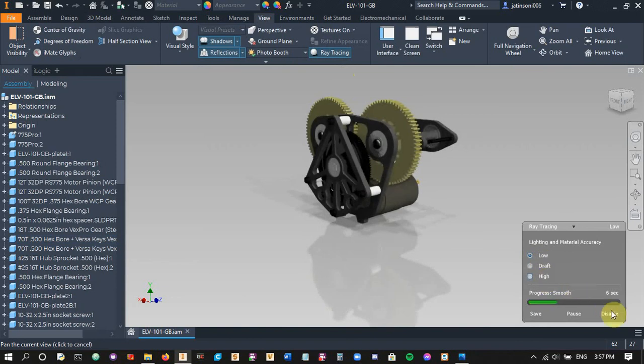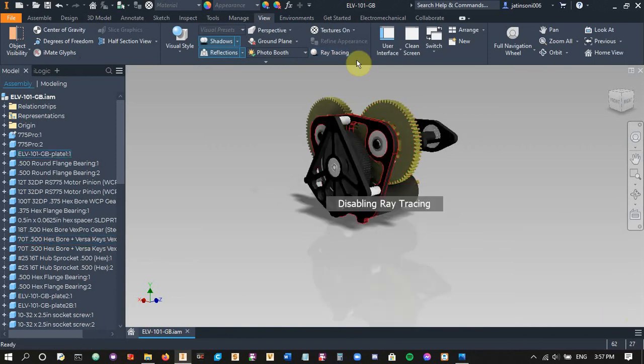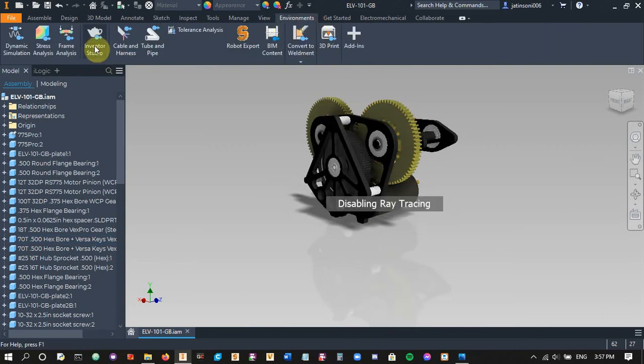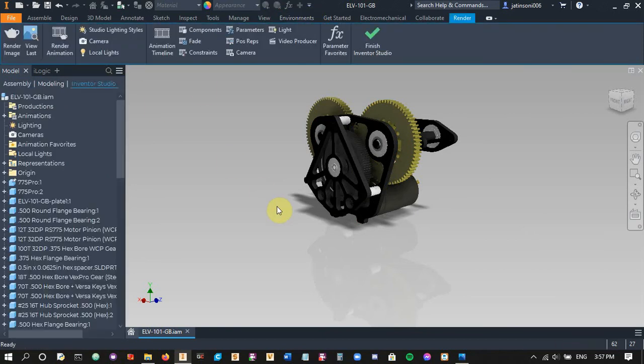You can go high and have a really high quality, but it takes a while. And then this final one, Inventor Studio, going to environments, is the version that takes the most computational time. It takes a toll on your CPU and if you have a GPU, but it does result in the best results. And so what you do is you click on render image,